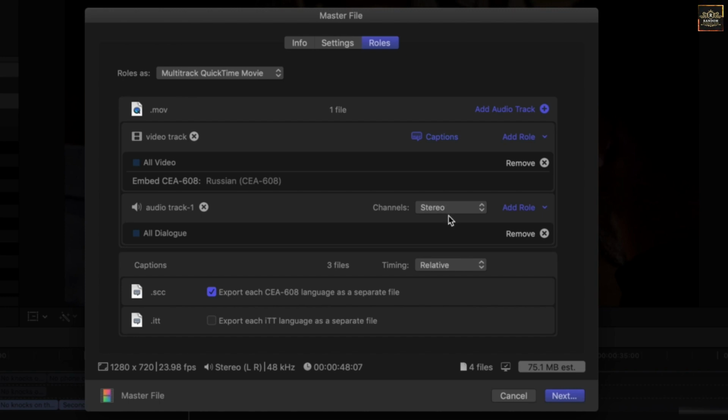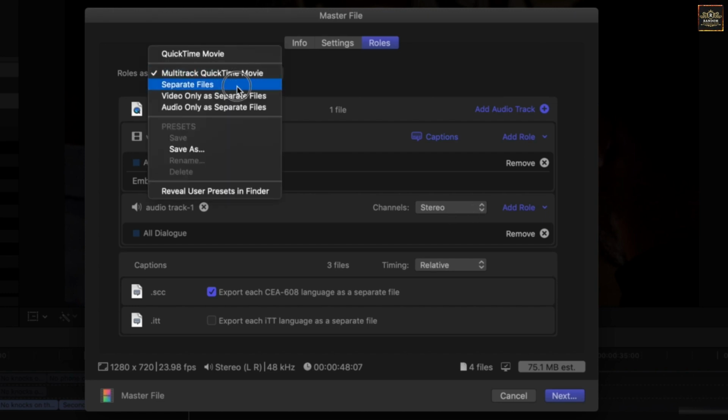And when you open that up in places like QuickTime Player, sometimes it's only playing the top 2 tracks. So you could get fooled and tricked into thinking that you're actually missing audio that is there, it's just not playing through QuickTime. If we go over to separate files over here,